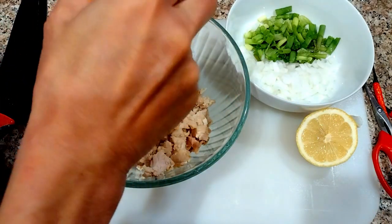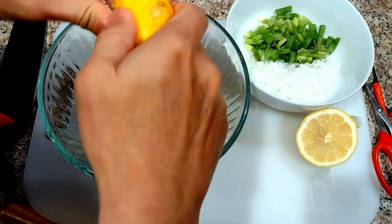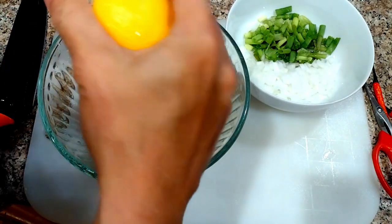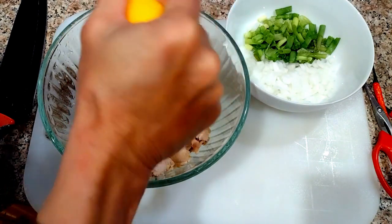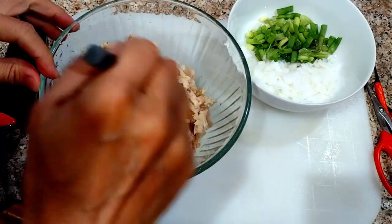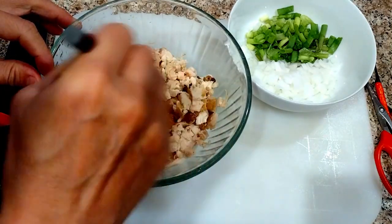Squeeze it in there. One more. Now we're gonna mix it. And if that's not enough,